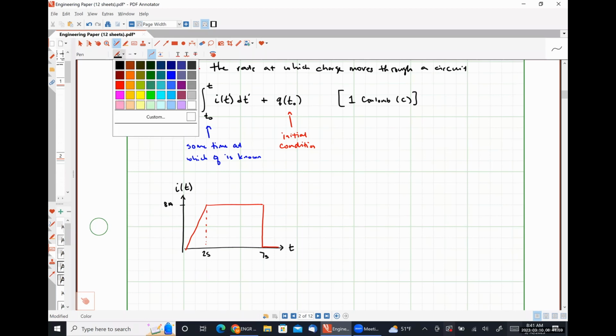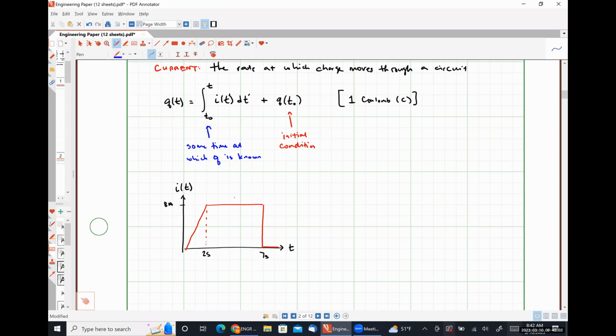And let's say, just for the sake of argument, we want to know what Q is at this point, which would be 4.5 seconds, with the initial condition that Q of 0 is, and since I'm making this up, these units might not come out to be super great. Let's see. Seconds. 3 coulombs. So